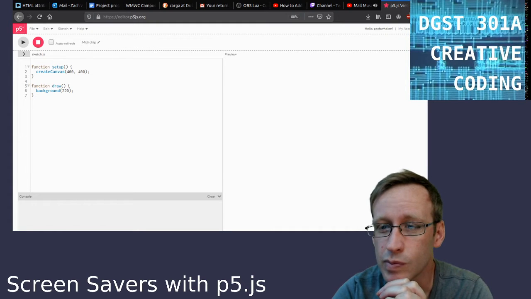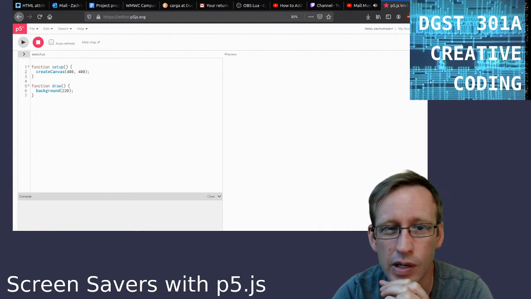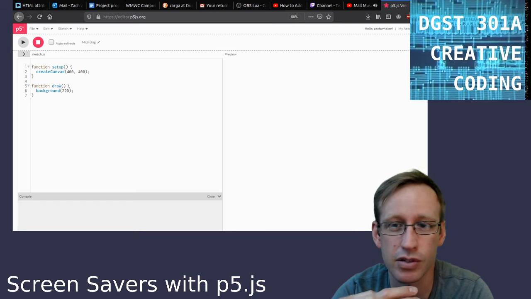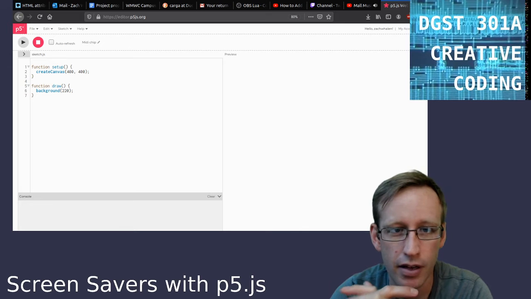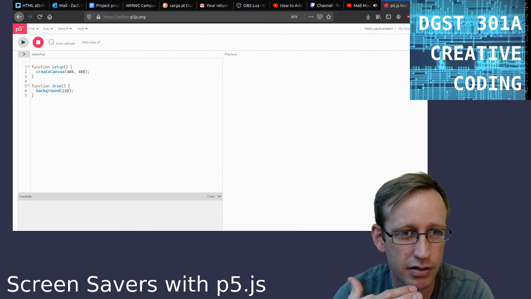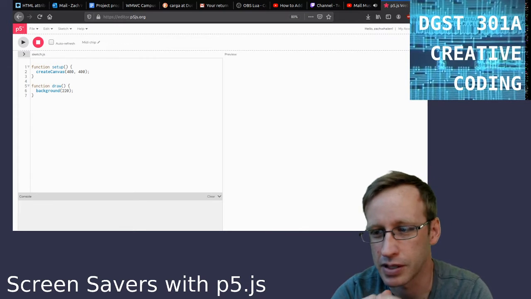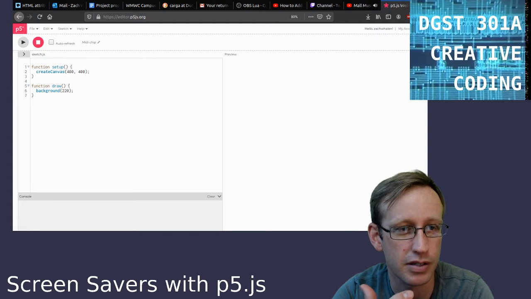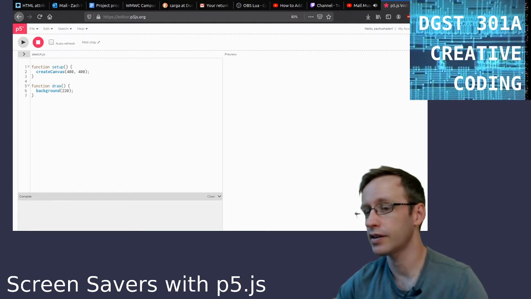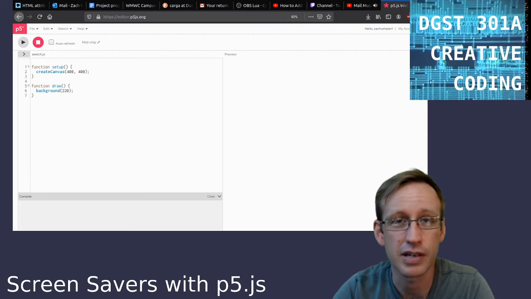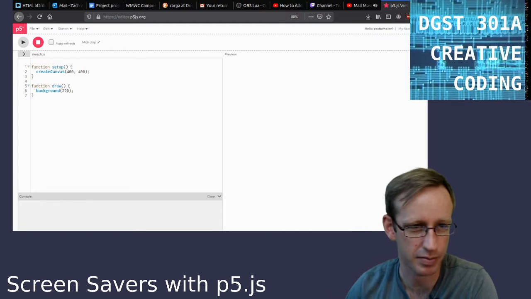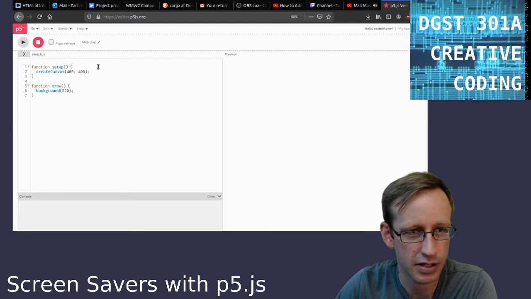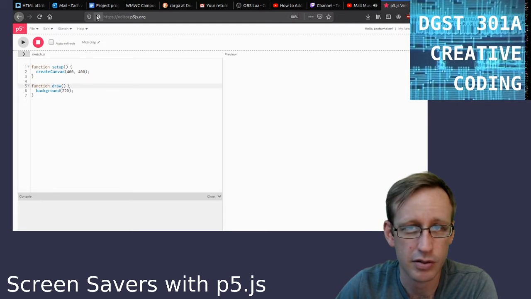I spent a little time this morning working on a project where I was trying to implement the flying toaster screensaver, which you just saw there in my intro thing. That's the classic Windows 98. Well, in this case, this was the Windows 98 version of the classic screensaver, which is Flying Toasters by After Dark. And I've been trying to implement that in P5.js just to see how that would go and kind of to practice my P5.js skills. And I wanted to show you what I got so far,